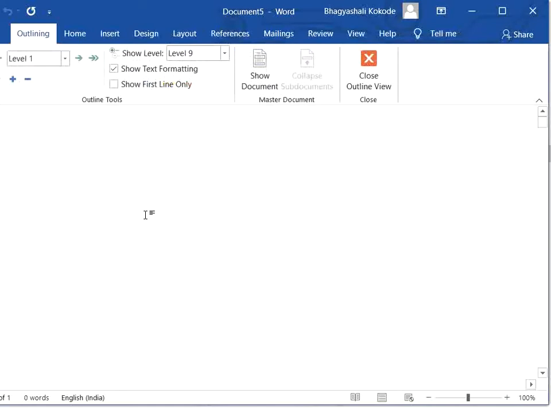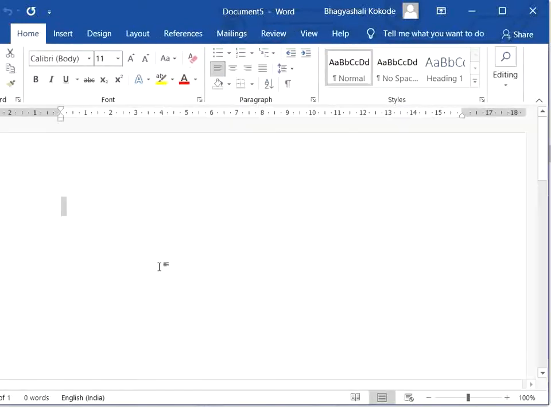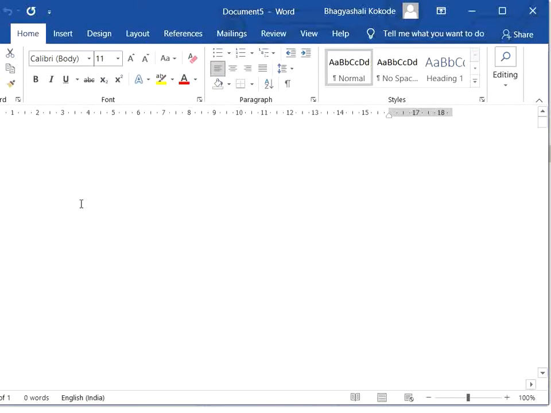Whenever you are pressing Control Alt and V, it shows the print layout view. Next, whenever you are using the Control Alt and O key, you can see it opens the outline view. Okay, so you can set the outline from this. The next key that we have to discuss today is Control Alt and N. Whenever I press Control Alt and N, it shows you the draft view, right?